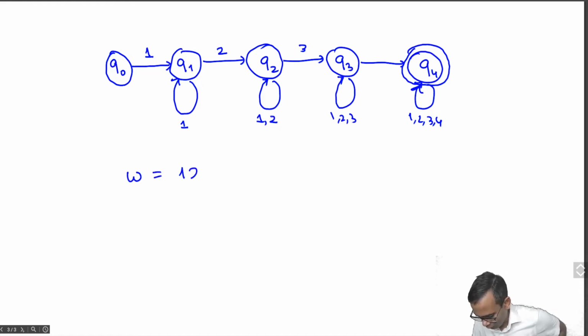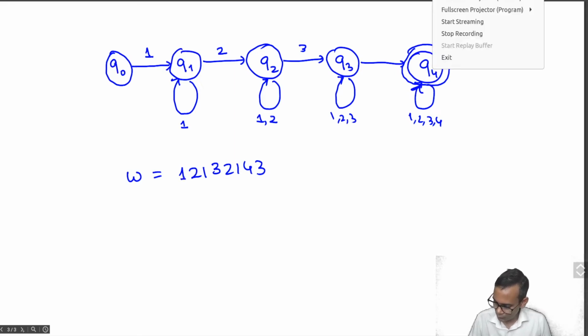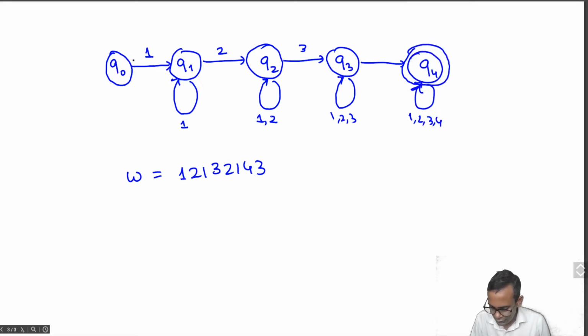Let's take a word 1, 2, 1, 3, 2, 1, 4, 3. So what we do is we start at the state Q0, and the first letter is 1, so we use this 1 to transition to the state Q1,